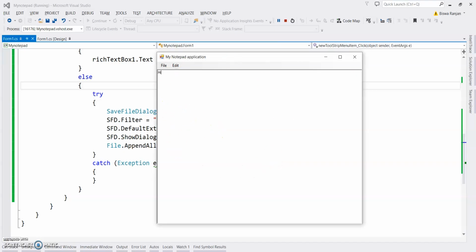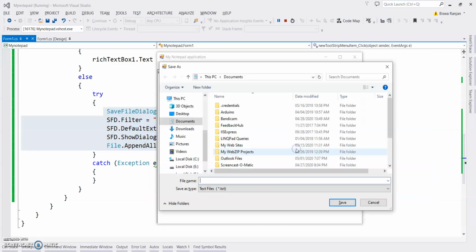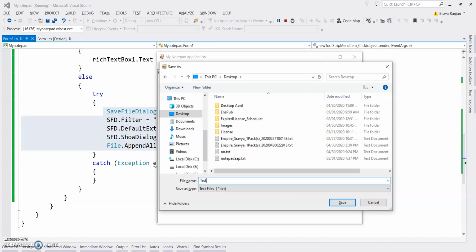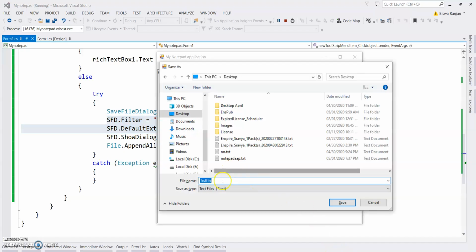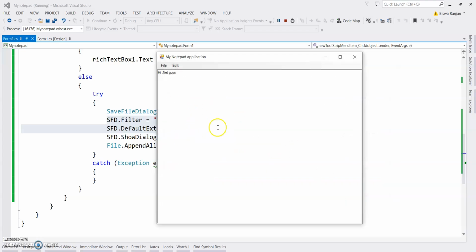Let's say I add one more text and click new. Do you want to save the file? I click on yes, so it will enter the save part. Okay, so here I'm going to the desktop, and let's say I name it test file. You can see this save file type. What is the save file type? This is the save file type: what kind of file we are saving. So you can see text file. I chose text file, save.